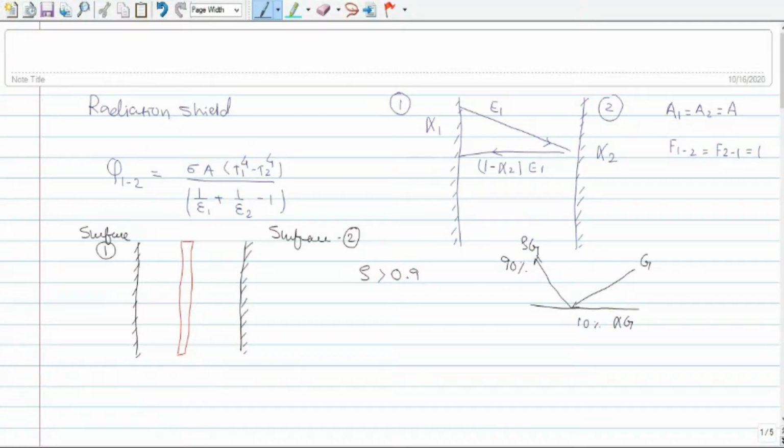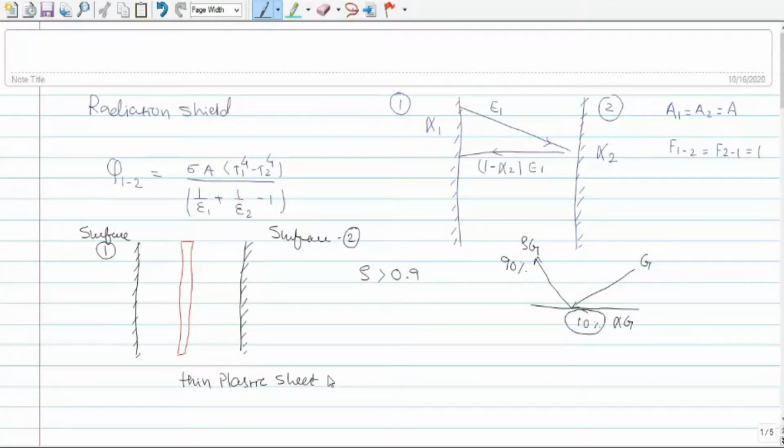Here it is rho G. So what is the meaning? It cannot absorb much energy, only close to 10% of the energy incident on the surface is absorbed. So now we have just discussed one of the characteristics. The radiation heat transfer between two surfaces may be reduced either by using materials which are highly reflective, that is, of very low emissivity, since emissivity equals absorptivity. So if you select a material which has high reflectivity, then automatically the emissivity becomes low.